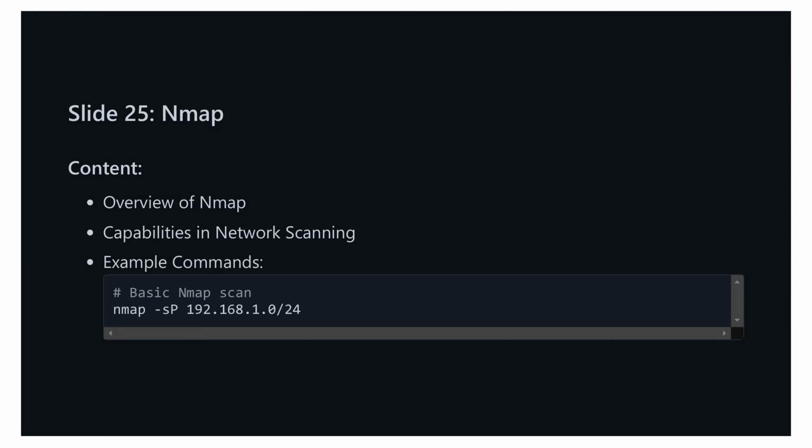Next, let's talk about another essential tool in our network reconnaissance toolkit, Nmap. On this slide, we'll cover the basics of Nmap. Nmap, or Network Mapper, is a powerful tool used for network scanning and host discovery. It allows us to identify live hosts on a network, discover open ports, determine services running on those ports, and more. One of the basic commands you can use to start with Nmap is nmap -sP